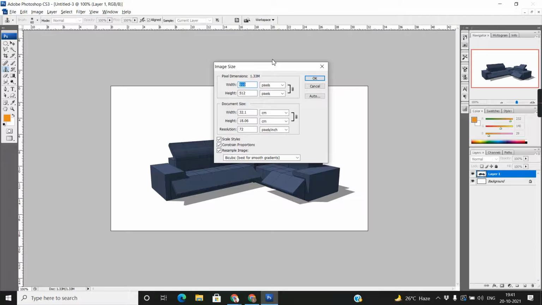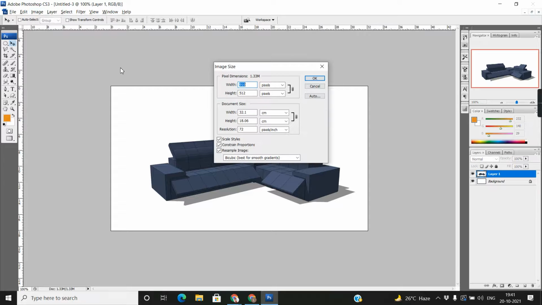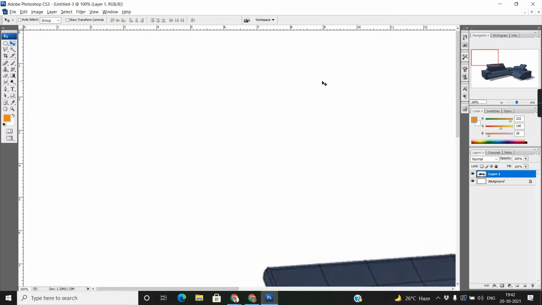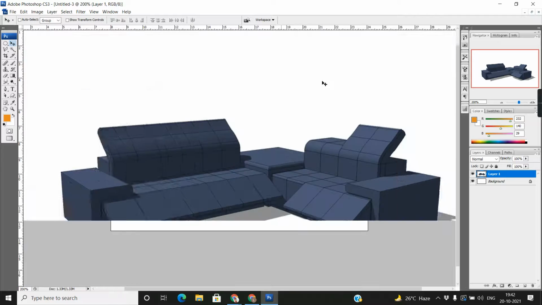And if you want a high resolution, if you scan something, the resolution is 300. So if you want to increase it, see what the size of the image is right now. Image, image size, 1.3 M. If I increase the resolution, now look, the image size is automatically increased, because the per dot is increased. See, look at this detail.